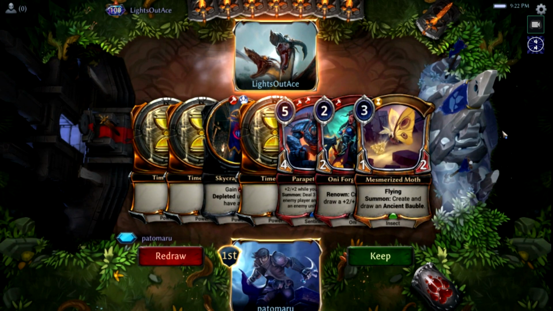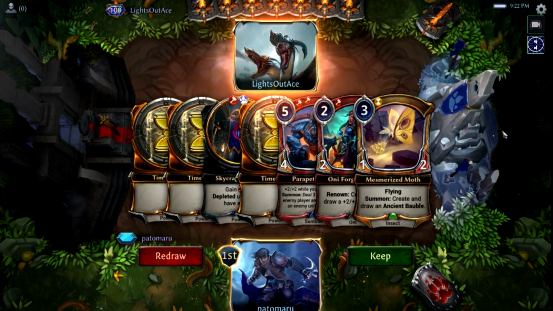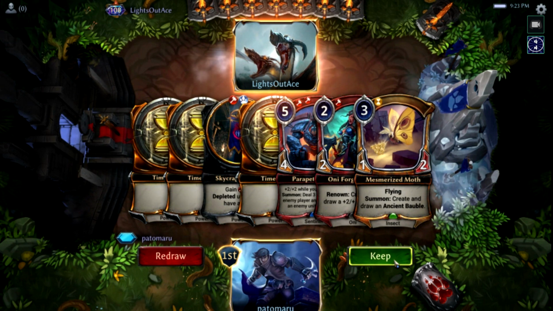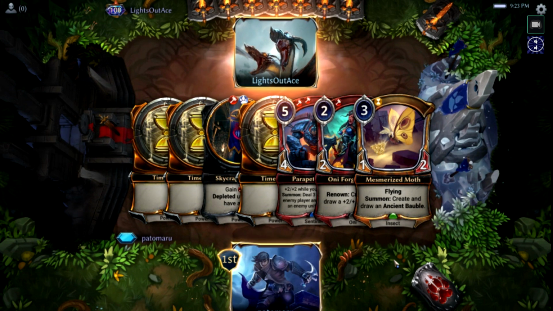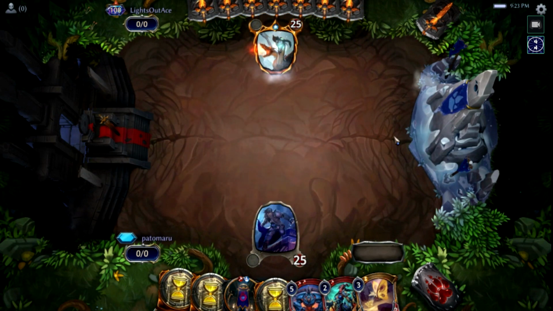Okay. So I have 4 power, a 2-drop, and a 3-drop. This seems like a keep to me. Yeah, I'd say this is a keep. If we find that extra power, if we find firepower here, we're in really good shape. Okay. Oh, yeah. Because we'll have a 6/5 Parapet Sentry, so...